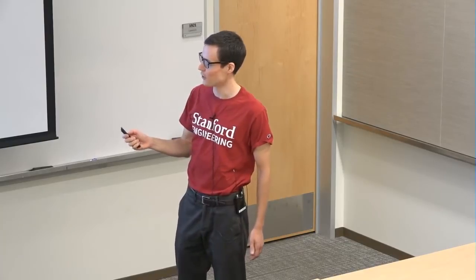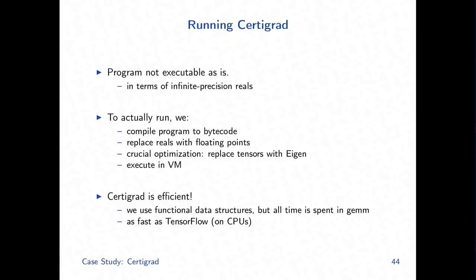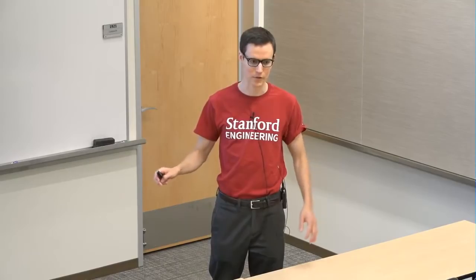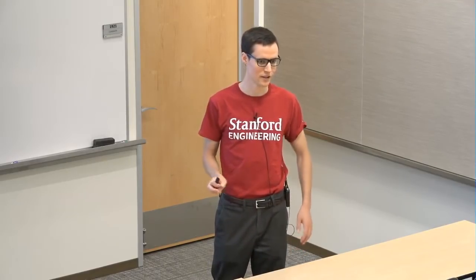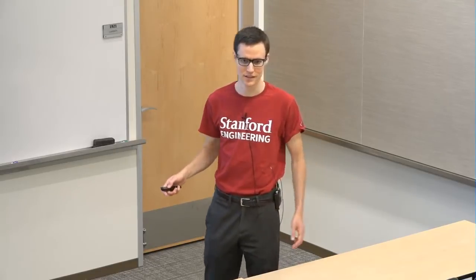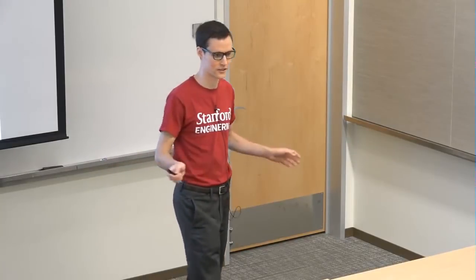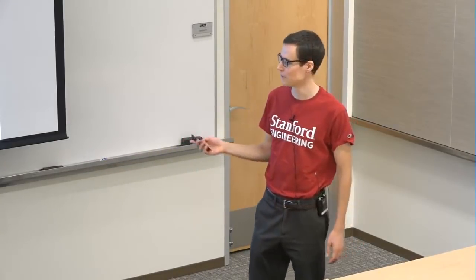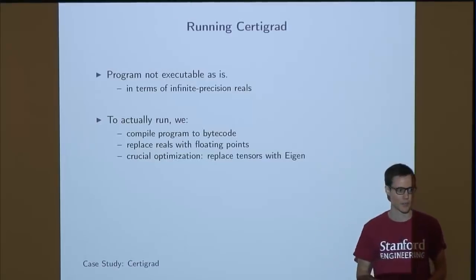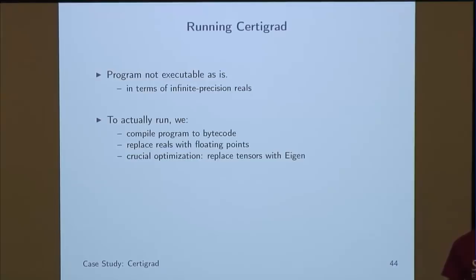Okay, so in addition to replacing reals with floating points, we're going to replace tensors with an optimized tensor library. A cute fact about most machine learning systems is that nothing has any impact on performance except matrix multiplication. You spend all your time multiplying huge matrices. So using functional data structures in the interpreter, the compiler, is just completely washed out in the noise. And we can be competitive with the main systems just by wrapping a library for matrix multiplication and convolution and a few other really low-level computations.